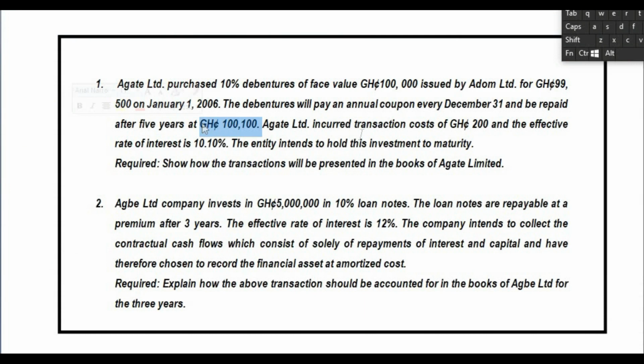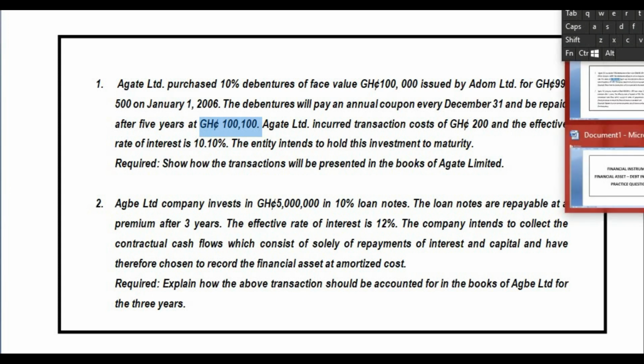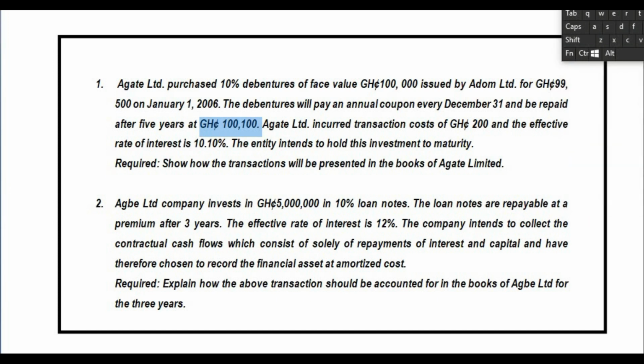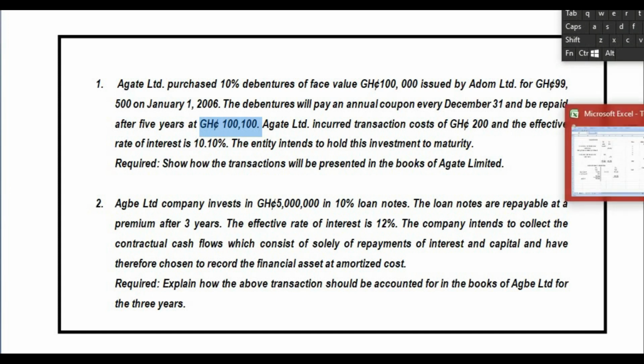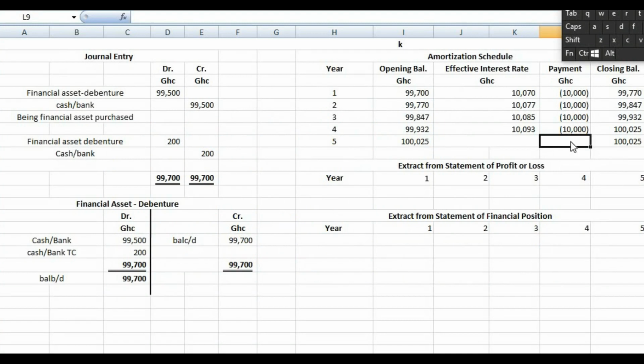So the redemption amount, which is 100,100, plus the 10,000 coupon. All right, we are going to have 110,100 as our payment at the end of the 5th year. All right, so in the 5th year we are going to pay 110,100. So to make your closing balance